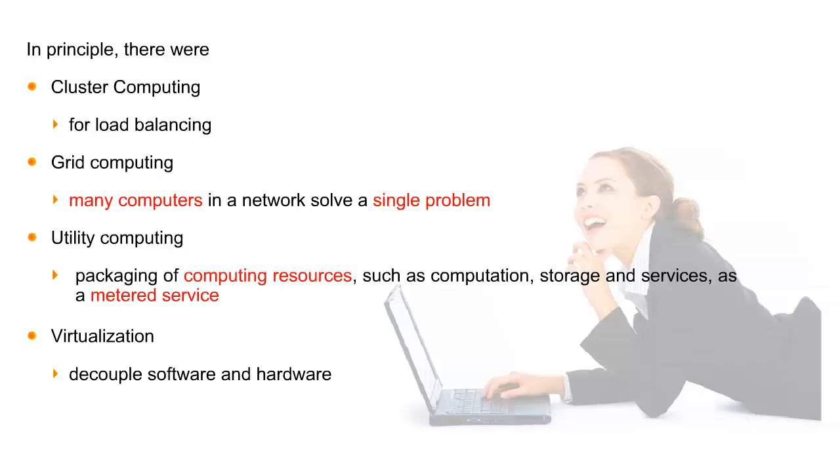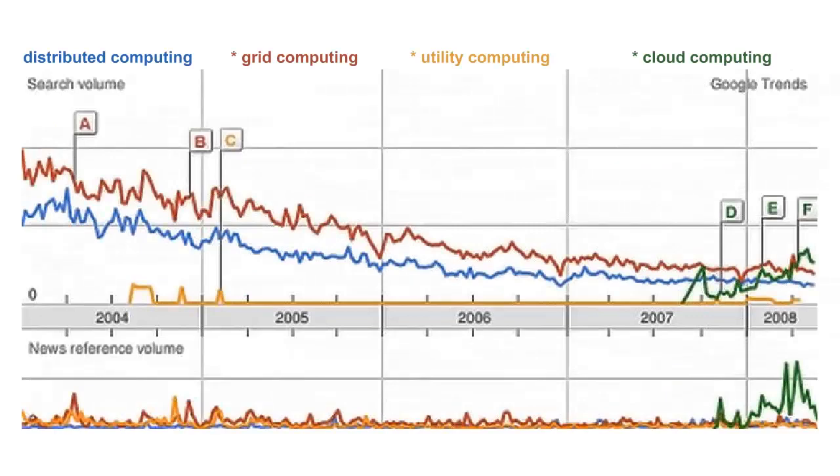Virtualization is an integral part of cloud computing. If we take out virtualization from the cloud, we are looking at nothing but grid computing. We shall look into this concept later in our course. The graph shows us the trends of various computing platforms over a period of time. The time period is from 2004 to 2008, and the platforms being mapped are distributed computing, grid computing, utility computing,